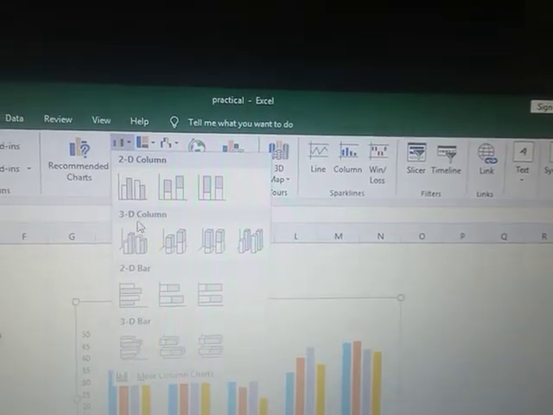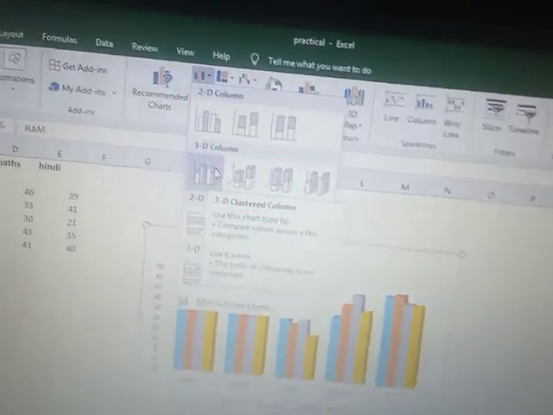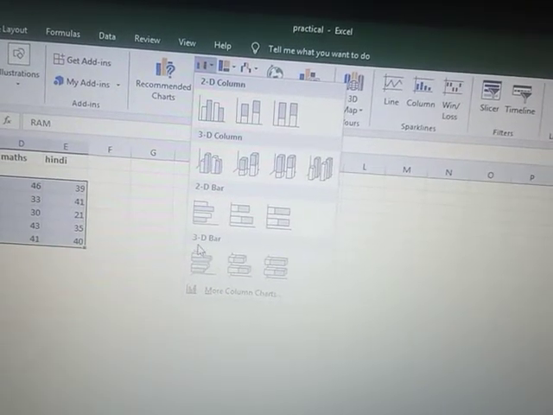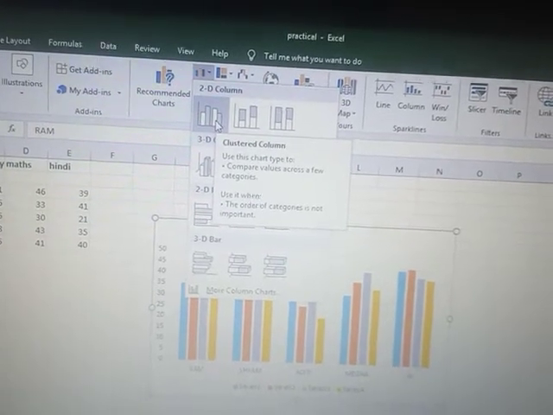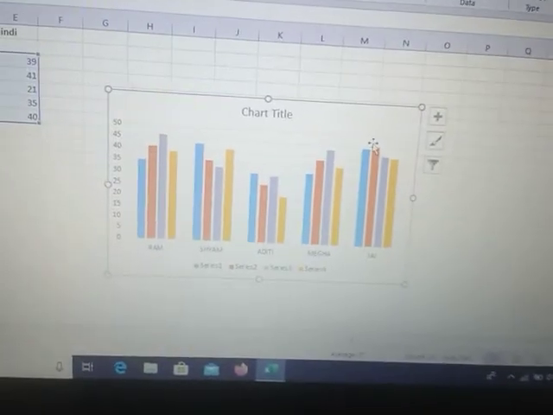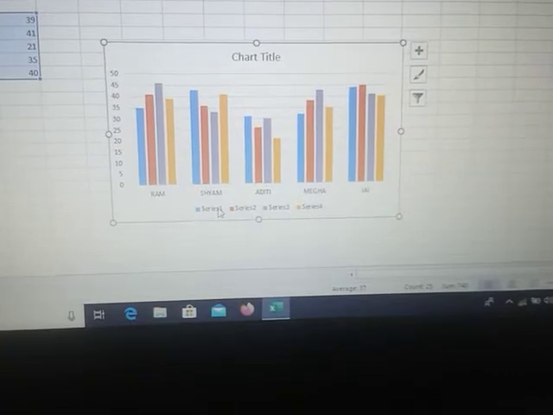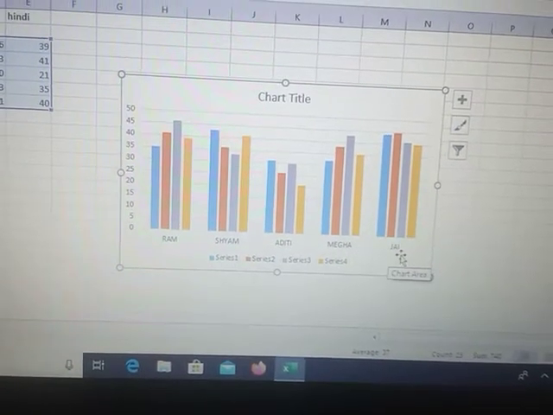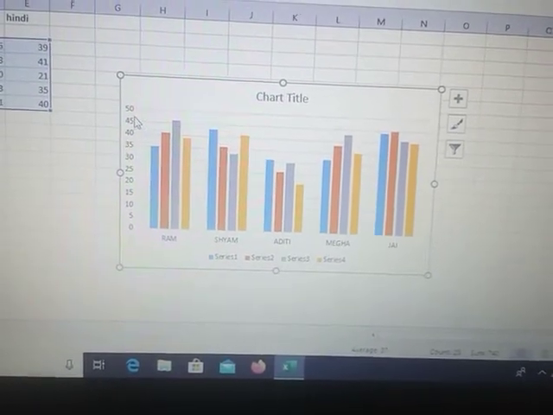After clicking, we get 2D charts, 2D columns, 3D charts, 2D bar charts and 3D bar charts. So I am selecting the 2D chart. You can see a chart is presented on the screen in which the names Ram, Shyam, Aditi, Megha and Jay are already given, and the marks are distributed up to 50.